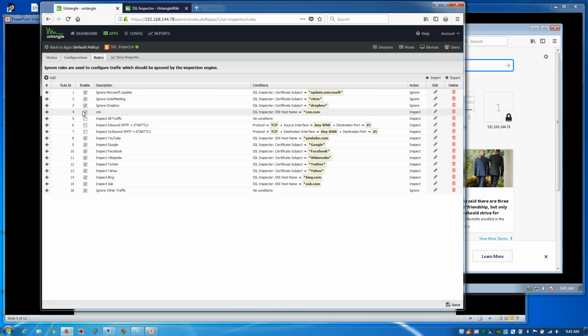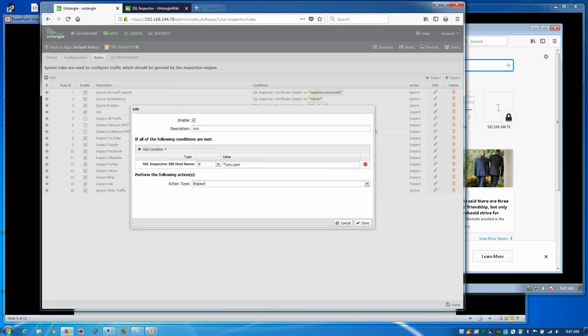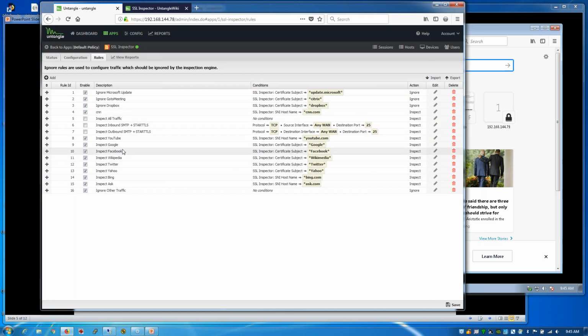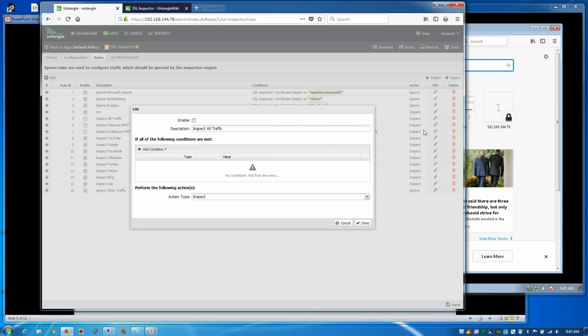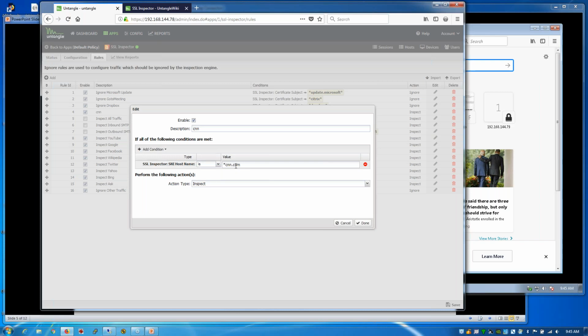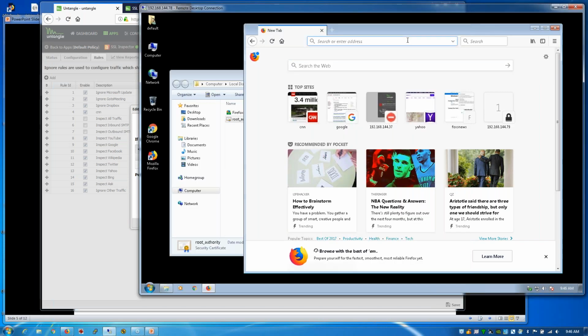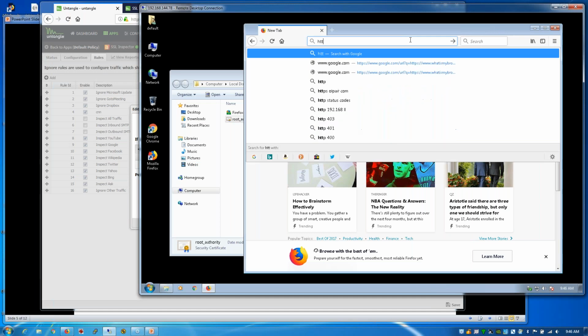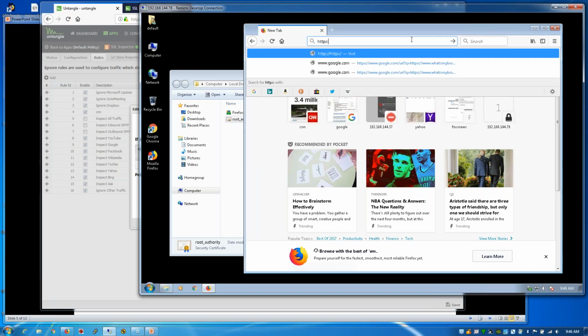For example, this one, I've made a rule, and a lot of times it's easier to put exceptions in there to bypass certain areas. So it works pretty well. So right now I put one in, and I want to scan all my. Sorry, wrong one. I want to scan all the CNN traffic I go through. So if I go to the encrypted version of CNN,